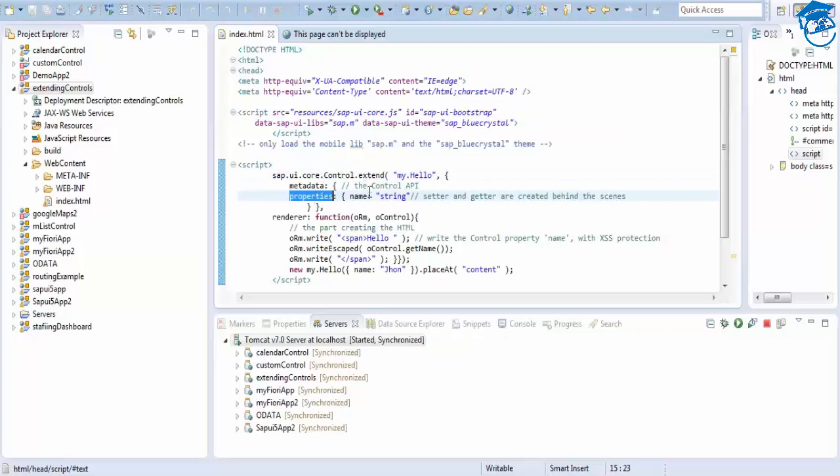So inside these properties we have name and a string. So name string, because name accepts only string. Here you have to give string. Okay, and then render, and then ORM, right? So I'm writing a span with a hello, and then after that I'm getting a control name, get name. So how this get name works, because I have already given name, so this is how get name, and how we are setting the name here. This is a basic